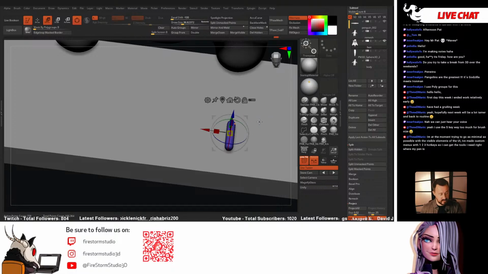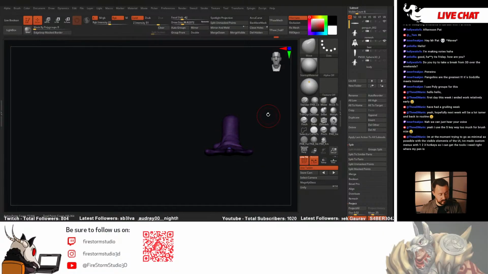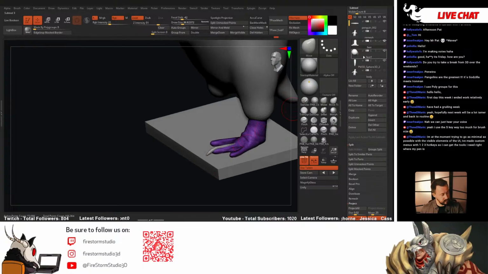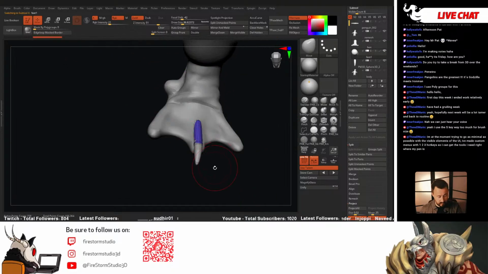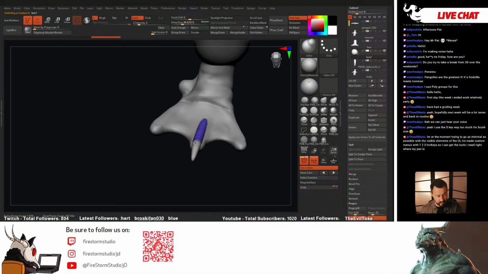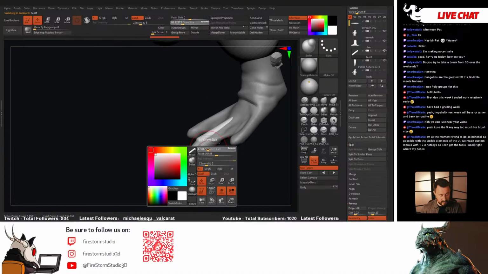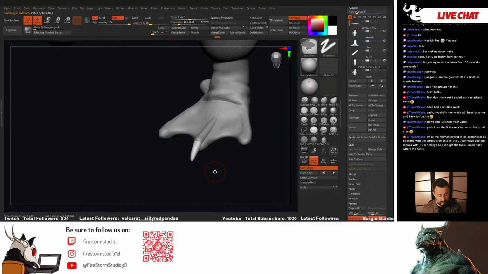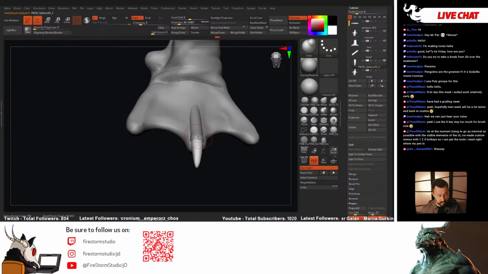So I'm going to actually, you know what I'm going to do here? I'm going to take this and I'm going to separate it. And then we're just going to inflate the end of it, because now this is going to allow me to smooth it. I think so. Excellent. All right, let's start. Let me see. Yeah, that looks okay. We need to do a little bit of sculpting on